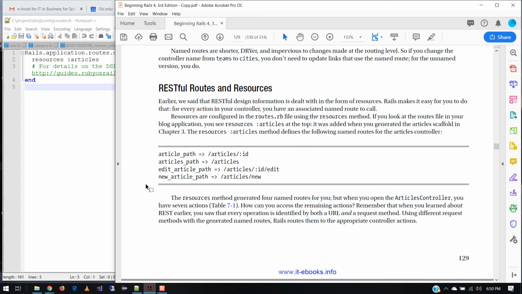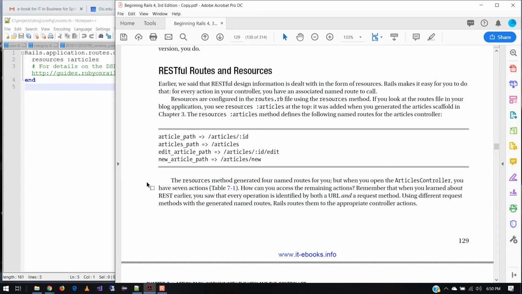Notice that you can also combine these things, not only a path to pull something back, but also trigger an action after it happens. So take a look at the third one, for example, where you're not only pulling an article with specific ID, but you're also going into edit mode. And what they're doing there in this little listing is they're showing you that we come up with these names, basically, like edit article path,